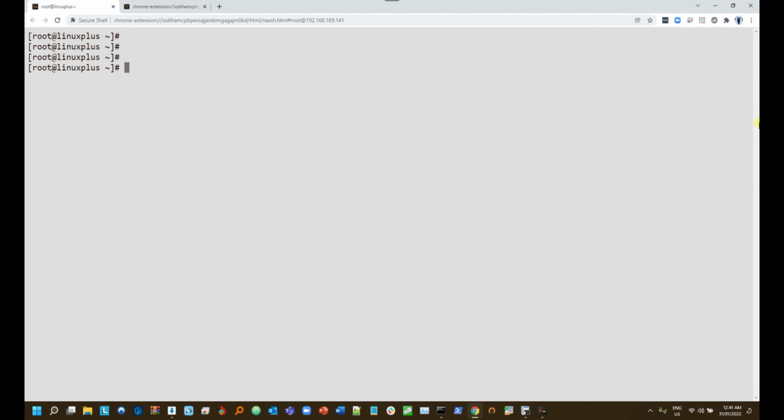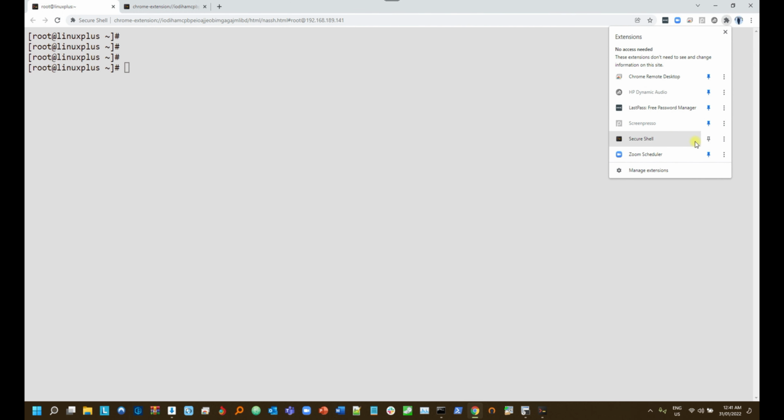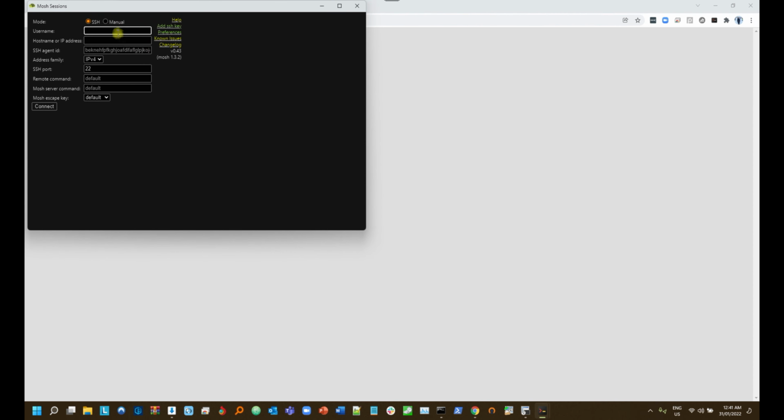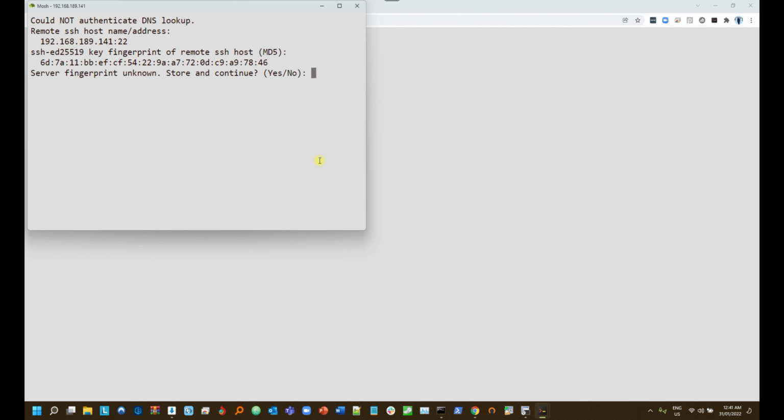And now let's see if we can SSH. And what else is there? I want to just see if I pin this one here so I can see it better. It says Mosh. So let's see, it's just a mobile SSH. If I try this one, what does it do here? So if I use the account root and the IP address that is 141, if I try that, connect, yes,